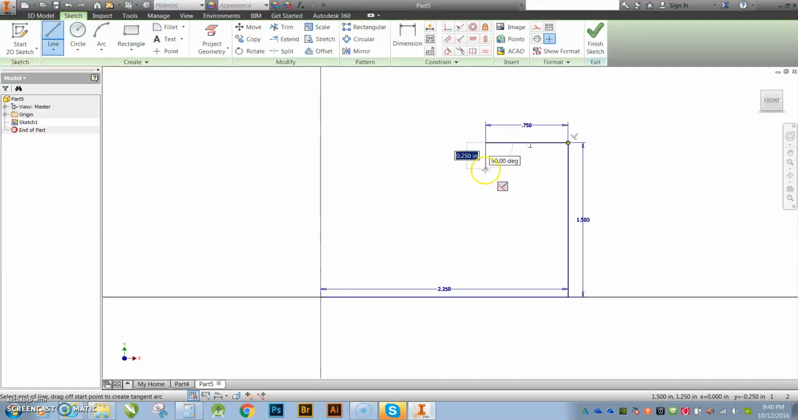So I'm going down 1 block. So that should be 0.75. There it is. And I'm at 90-degree angle. Click. Make sure I'm at 90-degree angle, 0.75, click. And now this one, what I really want you guys to see here is how I can use lines to